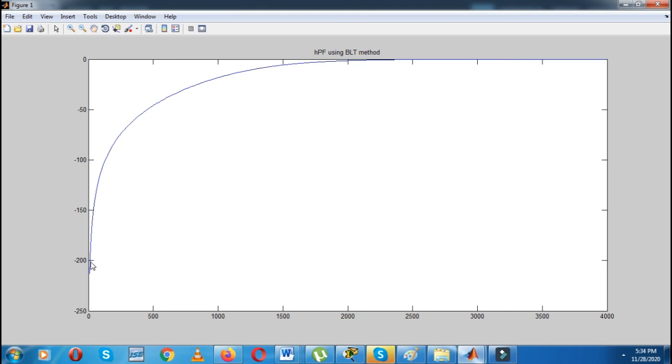Now you can see initially the values come from this point to this point. These are nothing but initially the zero values, and after that you are getting the high pass filter. So initially we are getting zero values, meaning zero values for low pass filter, and after that it will get a straight graph, that is the magnitude response for a high pass filter. So like this you can design any filter very simply using the BLT method, using different inbuilt commands.